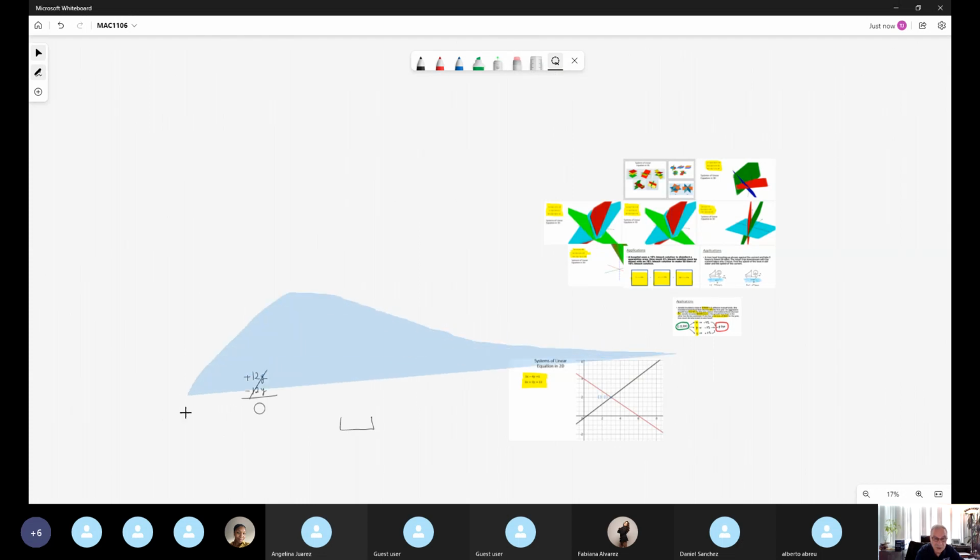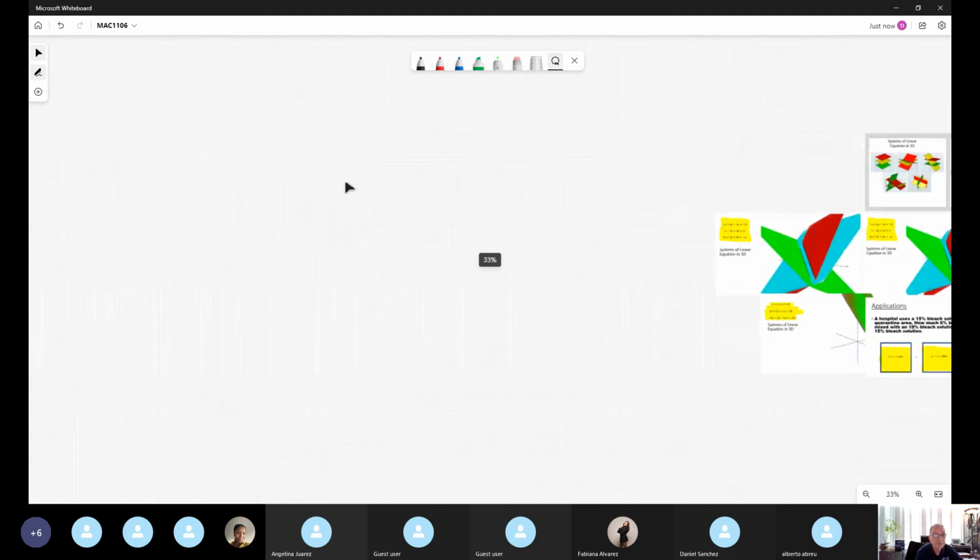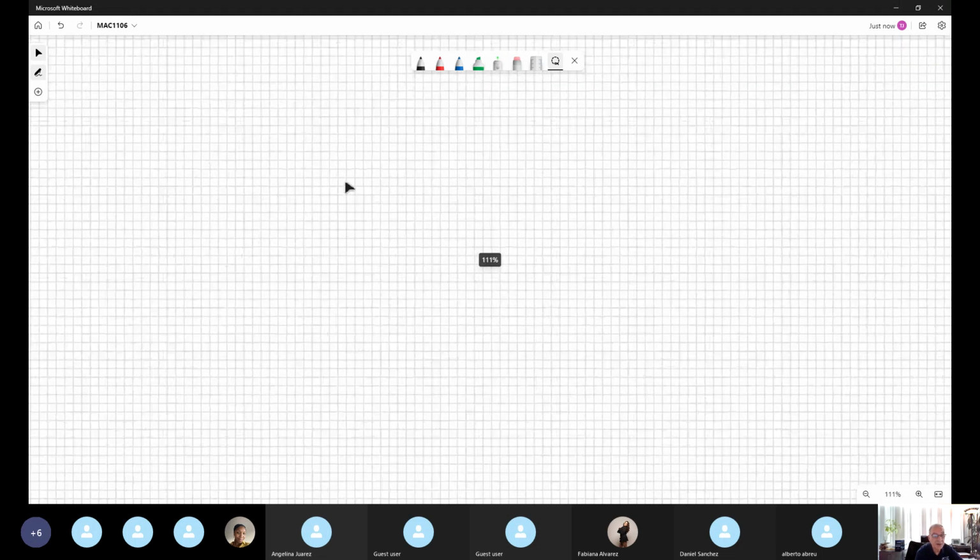Now let's move on to 3 dimensions. A little bit, in mathematics, when you increase the dimension, it's more complicated. For example, let me copy example 5. Example 5 is